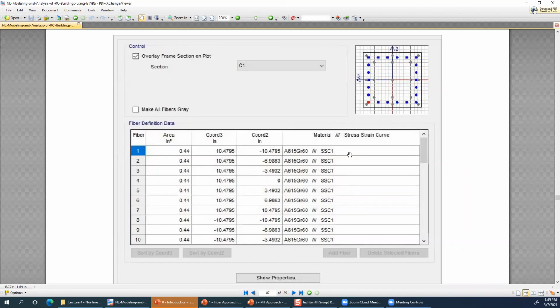And obviously we have to first define that nonlinear stress strain behavior, otherwise it will take the default Mander model. So that's how the software can divide your cross section into different fibers, and these fibers are assigned with nonlinear stress strain relationship.